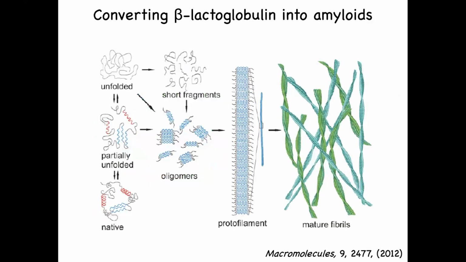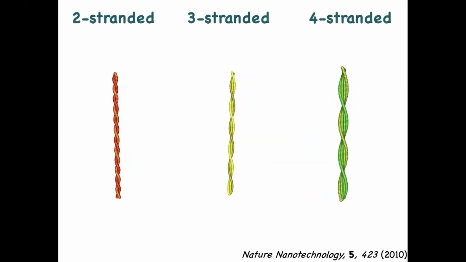Of course, we don't use the product in the native state. We have to unfold it, and this we do thermally, at 80 or 90 degrees, and we use acidic pH to hydrolyze the protein. Now, this is broken down. The native protein is about 18,000 Dalton. Depending on the pH, you chop it down 2, 3, 4 times. So you now have fragments of 2, 3, 4,000 Dalton that reassemble into oligomers. They then polymerize into protofilaments. Different protofilaments get attached to each other and they twist, and they form the major food amyloid fibrils.